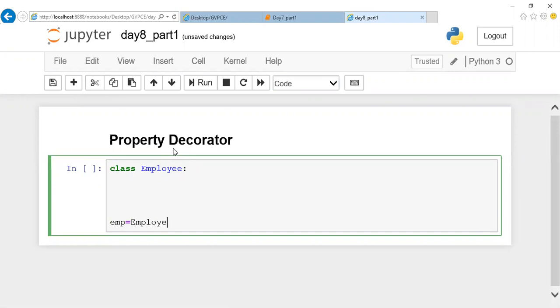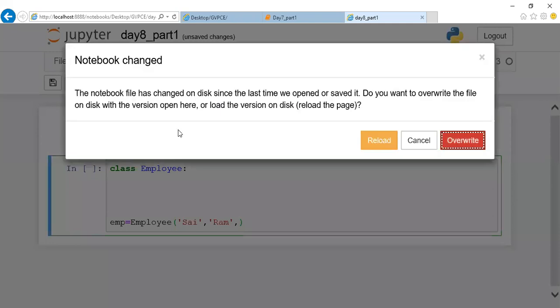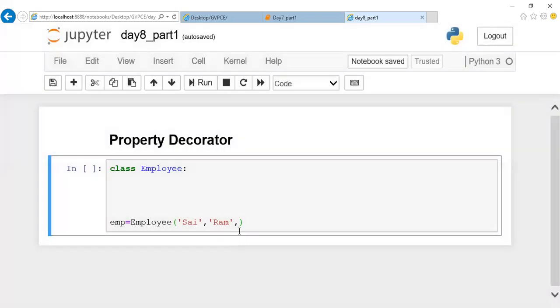For this employee class, let us assume I'm going to pass three pieces of data: Sai as the first name, Ram as the second name, and let the salary be 80,000. I'm going to pass these three pieces of information to the class.